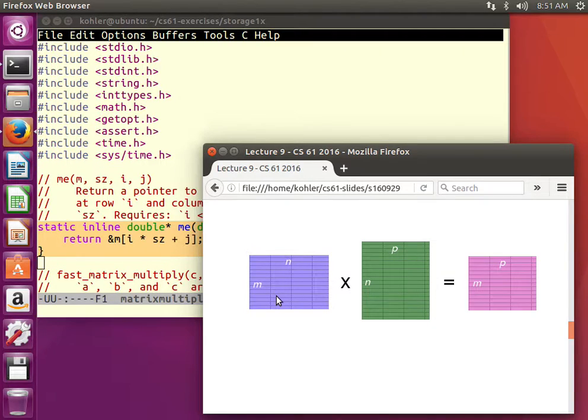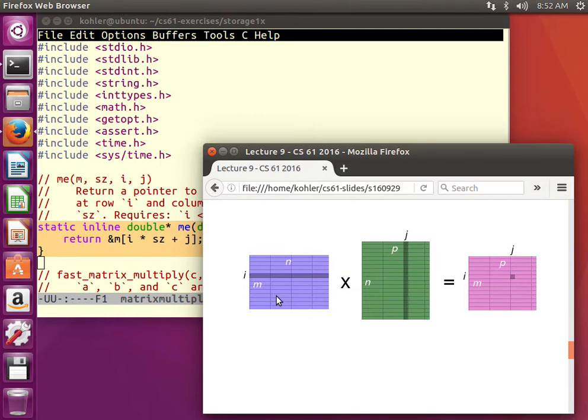A single double is only 8 bytes. A cache line is at least 64 bytes. So a cache line in one of these matrices is going to contain multiple columns in a single row. That's why I've drawn the cache lines here like bricks that are longer than they are tall. So if we access one element, one column, then go to the adjacent column in the same row, we're quite likely to hit the same cache line. And that means our good order accesses many fewer cache lines than our bad order.